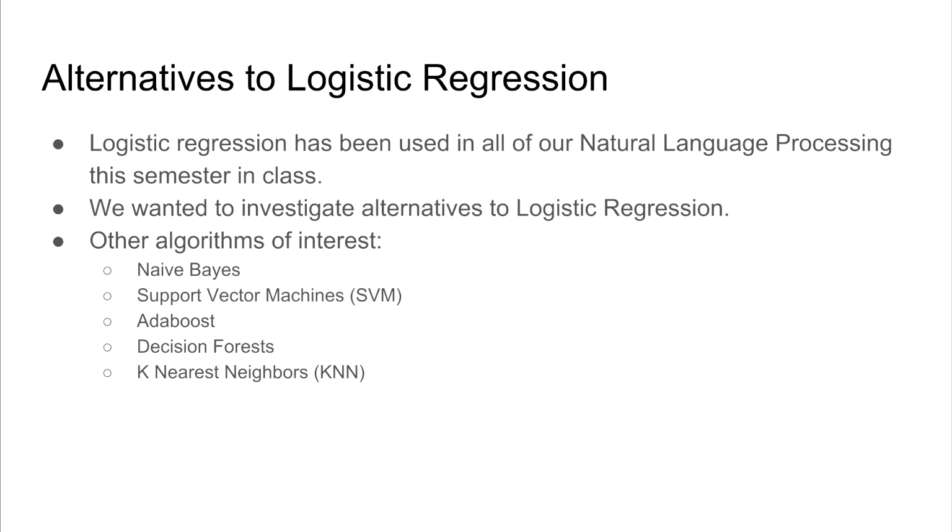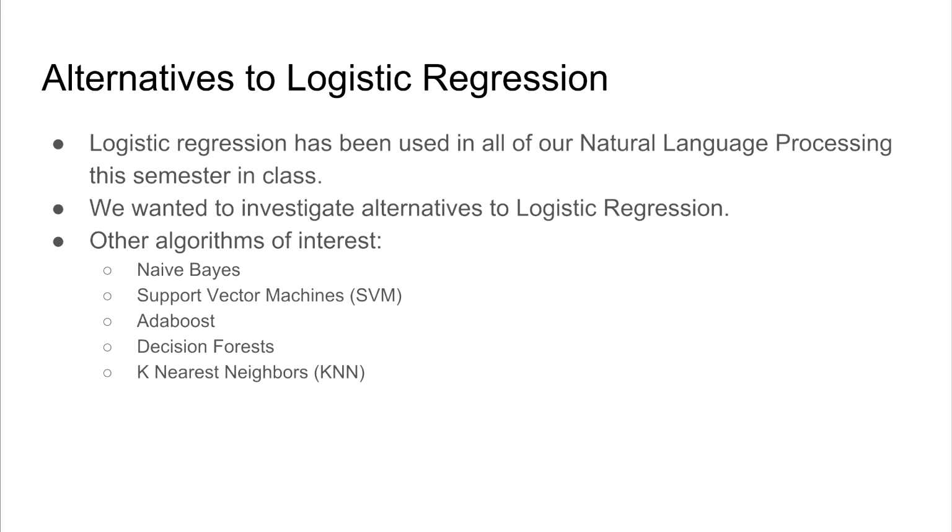So for the next phase of the project, we wanted to look at alternatives to logistic regression as a machine learning algorithm for natural language processing. All during this semester, we had seen logistic regression appear when we were trying to do natural language processing in the homework or in the spam versus ham examples. And then again in this paper with the quiz bowl, we saw logistic regression was used with the features that were output by the RNN. So we wanted to investigate alternatives to logistic regression.